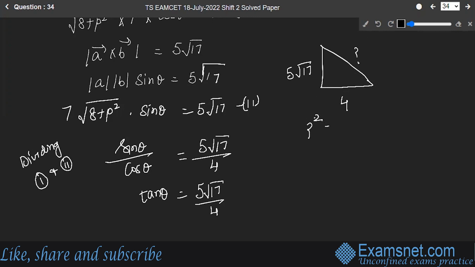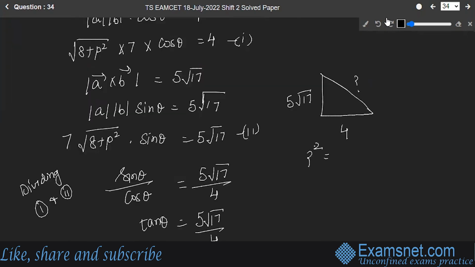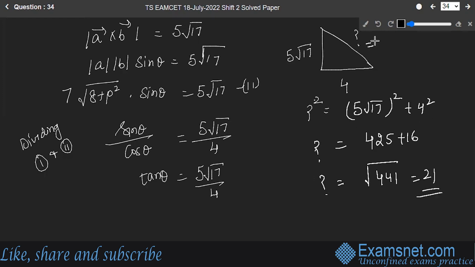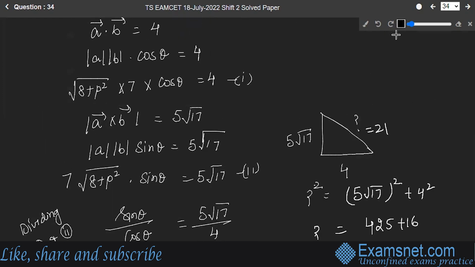This is given by hypotenuse square is equal to 5 root 17 square plus 4 square. So this will give me 25 multiply 17, that's equal to 425 plus 16. So hypotenuse is actually root of 441, that is equal to 21. So I got the hypotenuse as 21, which means from equation 1,